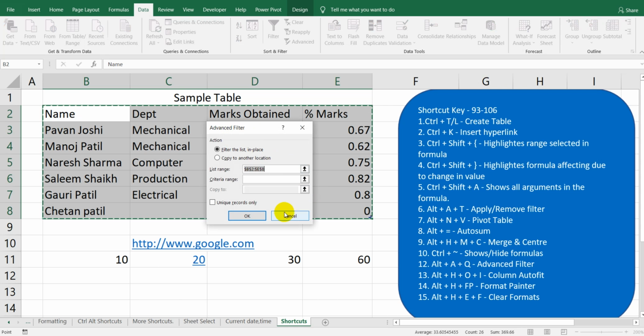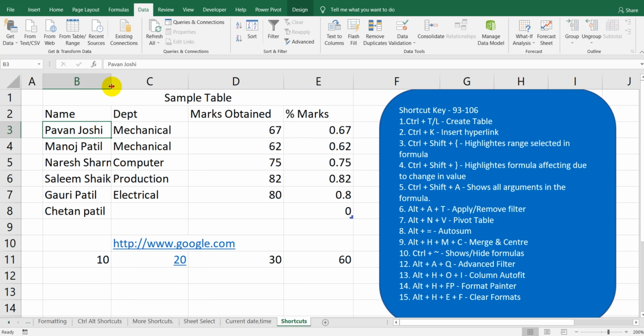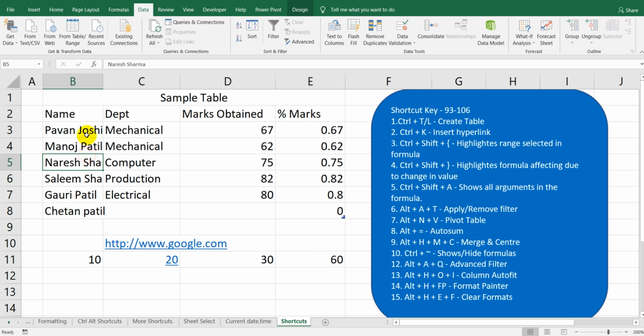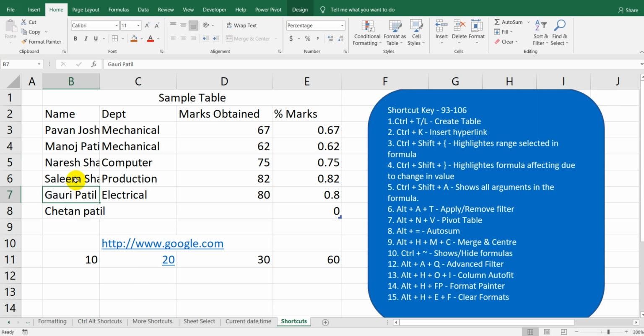So let's close this, and now if I want to auto fit the column, let's consider I will make some changes over here, and now you can see some of the names are cutting off due to lack of space. So now if I want to auto fit the column, then I need to use Alt H O I. With this the column gets auto fit.